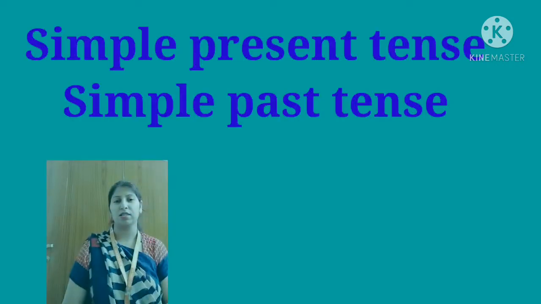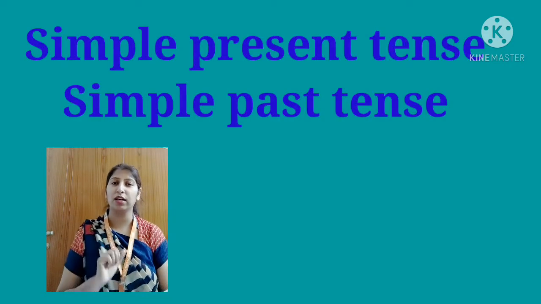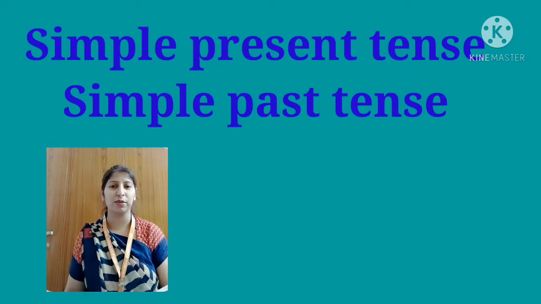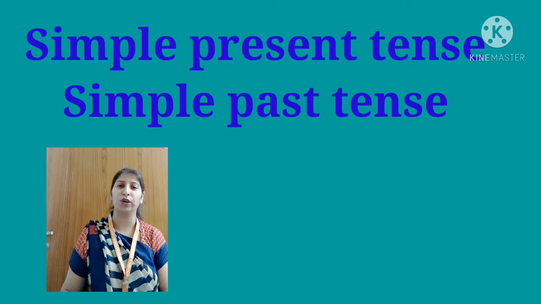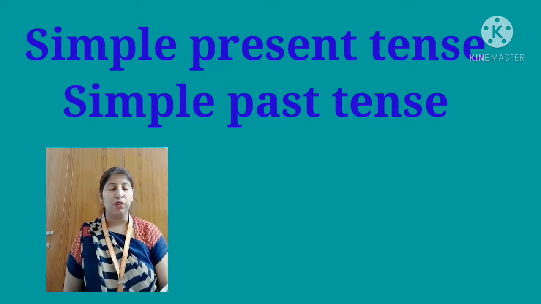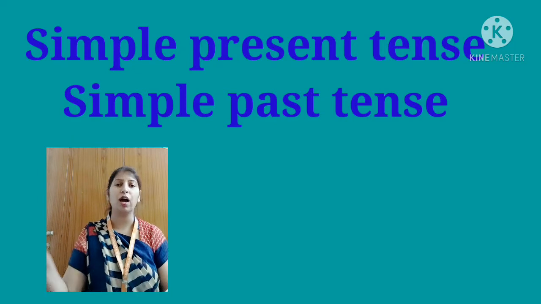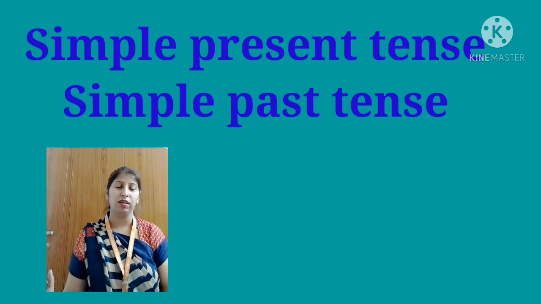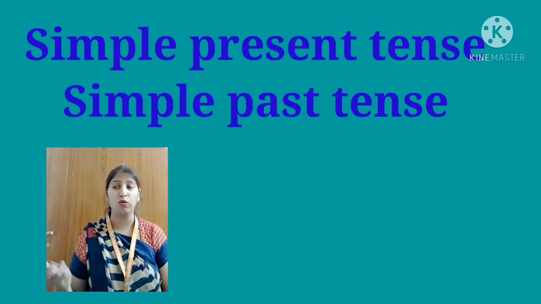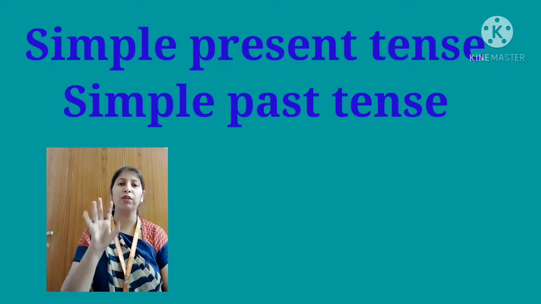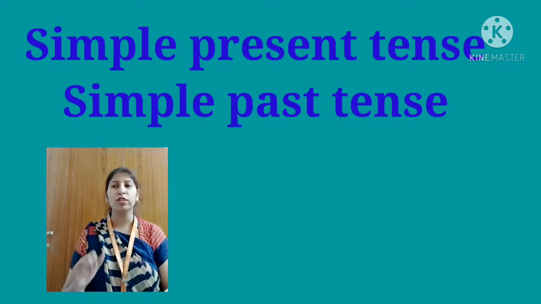The question is, if a sentence does not contain any helping verb, then how do we form a negative sentence? There is also a rule. See, we have sentences without a helping verb, meaning is, are, am are not there, was, were are not there, has, have, nothing is there, no helping verb. Only the main verb is there. So what to do with them?